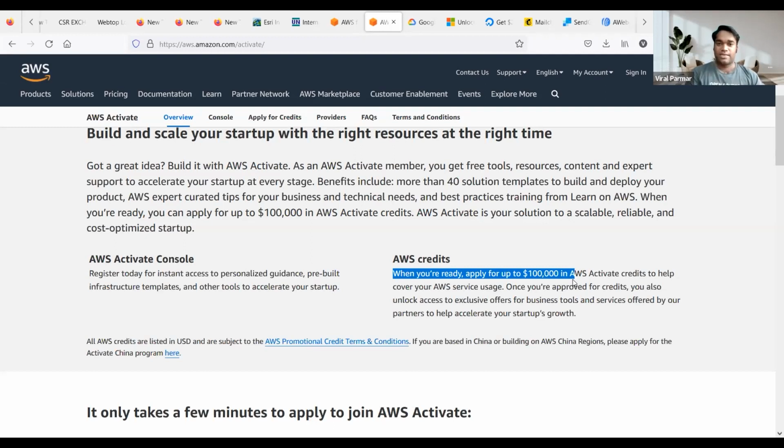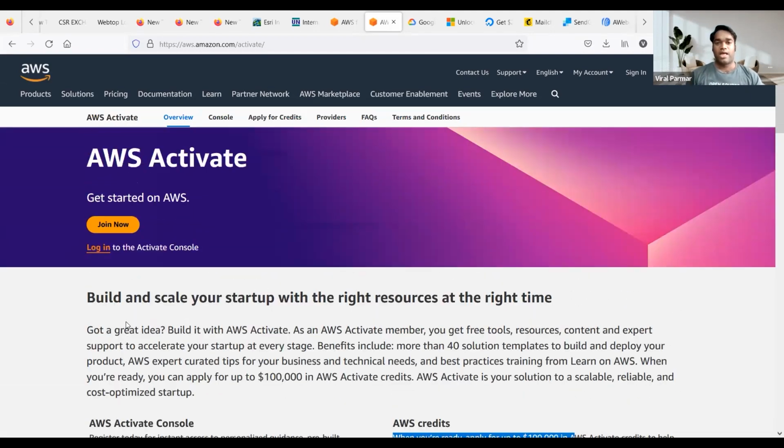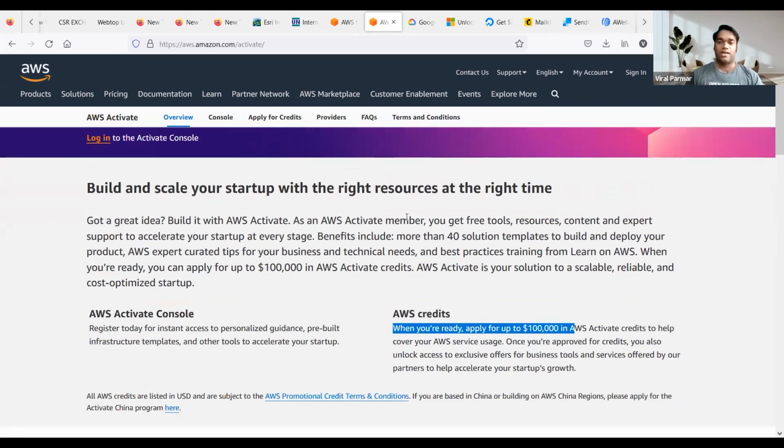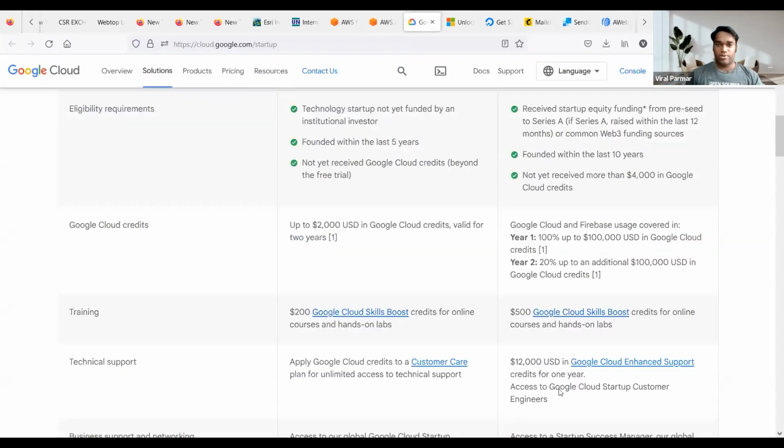Obviously after that, if you need some more credits, you can again connect with the AWS Activate program. If your startup is based on the whole AWS infrastructure and will require more credits, they might give you after their rigorous process of verification. Basically, they have these programs to promote startups and obviously promote themselves as well. So they'll review it and let you know whether you are able to get the credit or not.